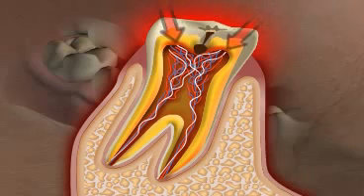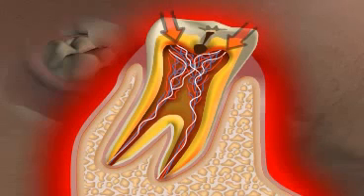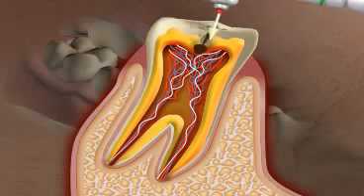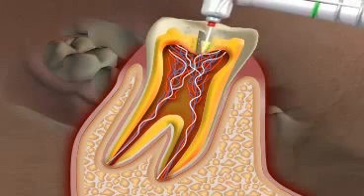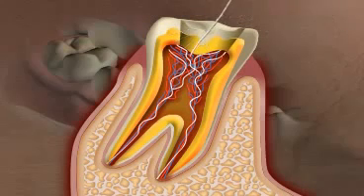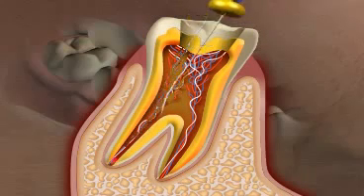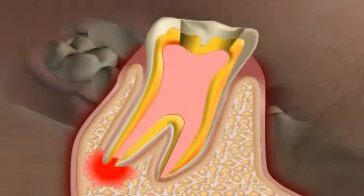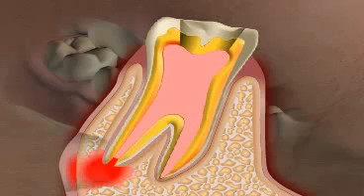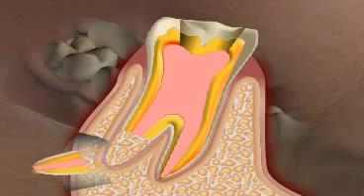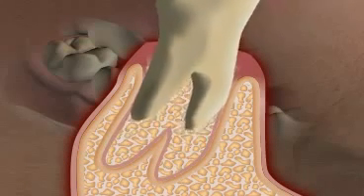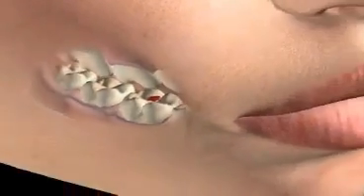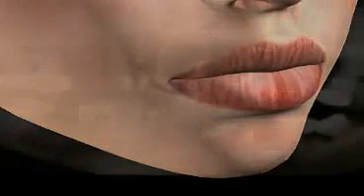Toothache usually occurs when caries have reached the tooth nerves, marked here in red. In this case, a root treatment is necessary because the nerve has been infected by bacteria. If the root treatment is done incorrectly, it can lead to bone inflammation, even after years. Patients frequently refer to this as the disease focus, or the location where the infection originated. A root tip resection or even a tooth extraction might be necessary. You can see what a good root treatment looks like in the video entitled Root Treatment.